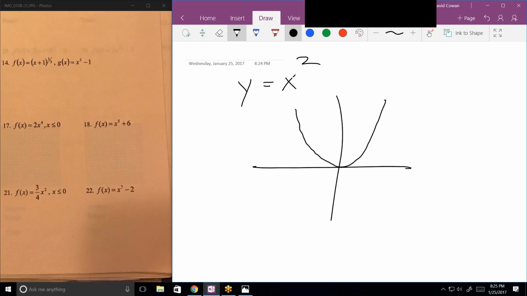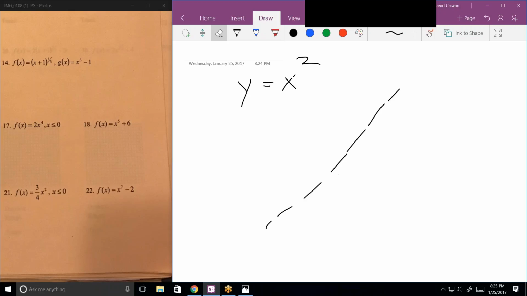Well, inverses are always reflections about that line there. If I reflect that entire parabola about the line, I get this parabola. The problem with the bottom, the horizontal one, is it's not a function. It does not pass the vertical line test. So in order to even talk about an inverse with this function, I have to restrict it to positive